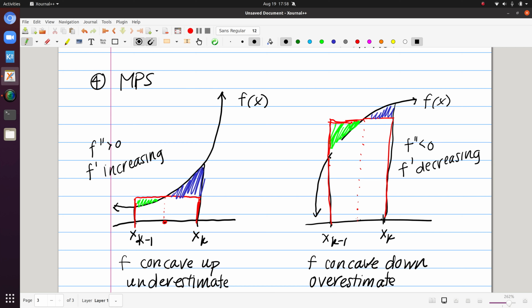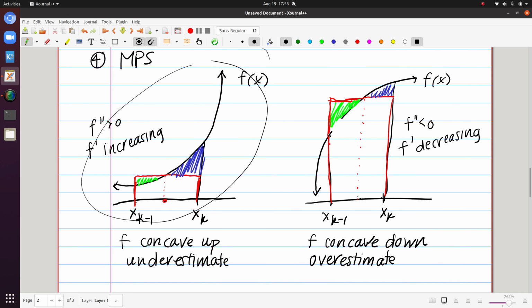When you have an increasing function, we know that looking at this picture here, the left-hand sum and, sorry, that's not the picture. We want to look at concave down. So scratch that. If I instead focus on this one,